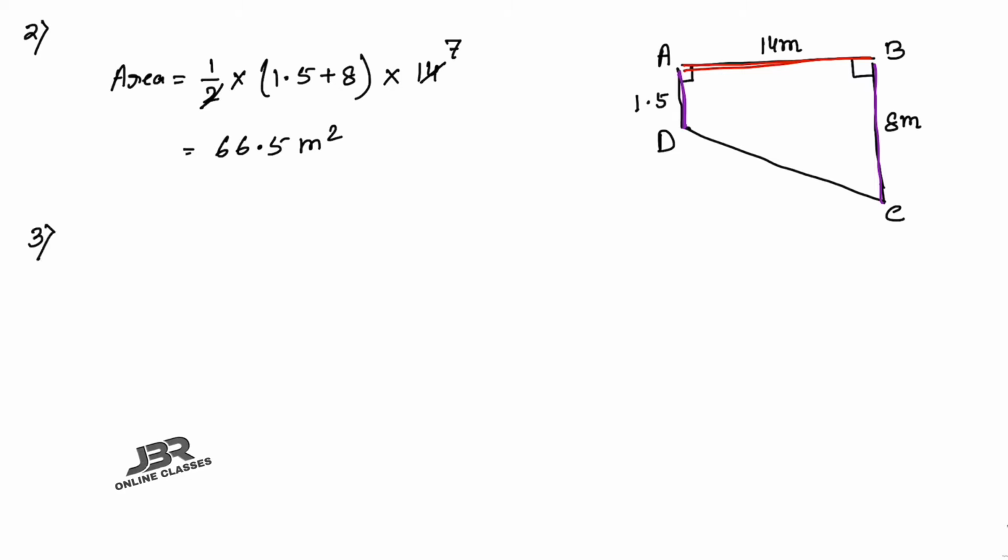Now next, sum number 3. So in sum number 3, the area of a trapezium is 360. So area is equal to 360 meter square of a trapezium. Okay, the distance between the two parallel sides is 20 meter. Suppose that one is h, 20 meter, the distance between the two parallel sides, and one of the parallel sides is 25. Find the other one. So the first one is 25, the second one suppose as x.